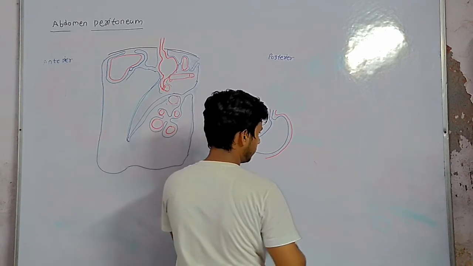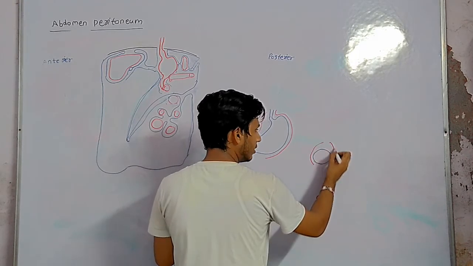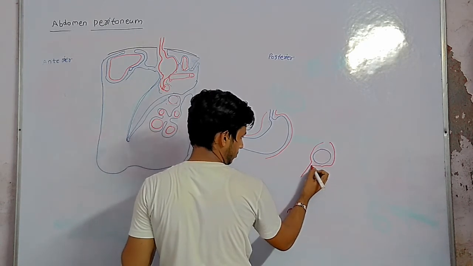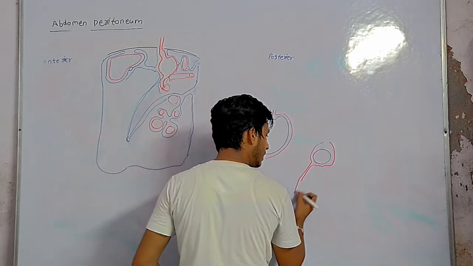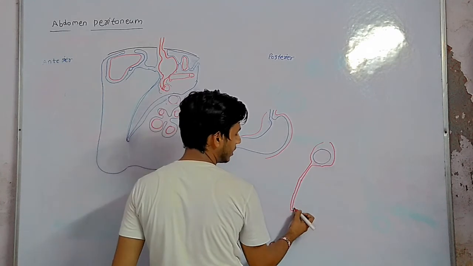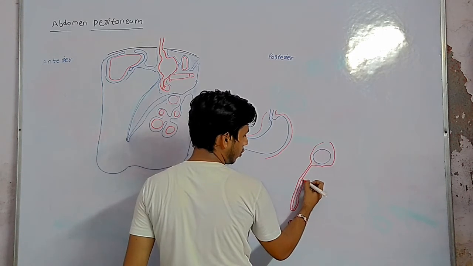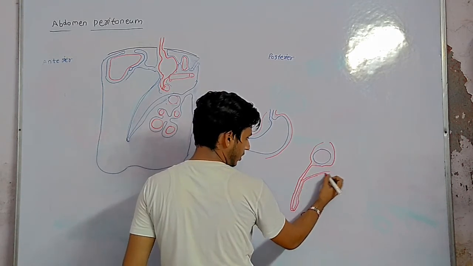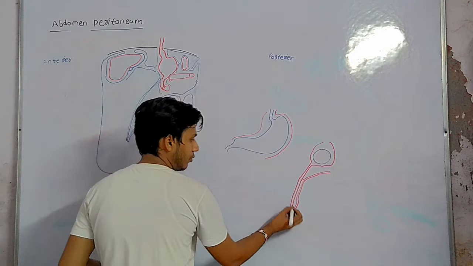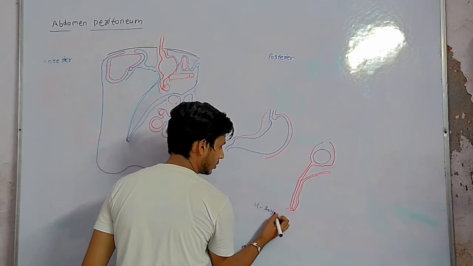Stomach, sagittal section again. Peritoneum is present anteriorly and posteriorly, but on the anterior surface the peritoneum again descends like this, towards the umbilicus region. Then again it comes back like this and goes towards the main organ. So there is a 4 layer structure, a fold of peritoneum. 1, 2, 3, 4.